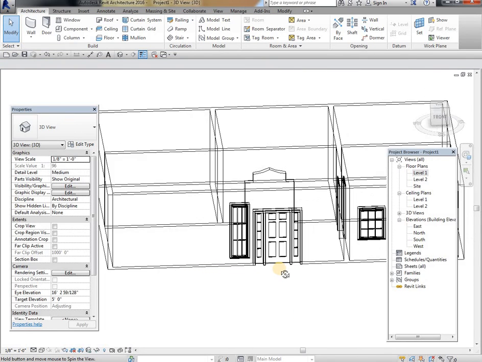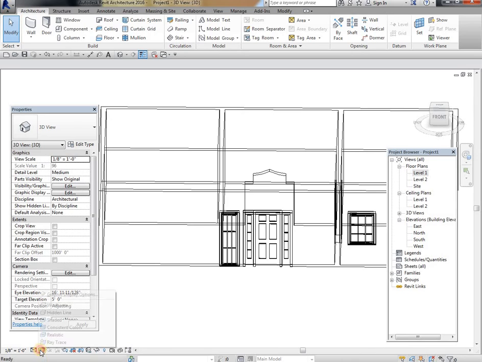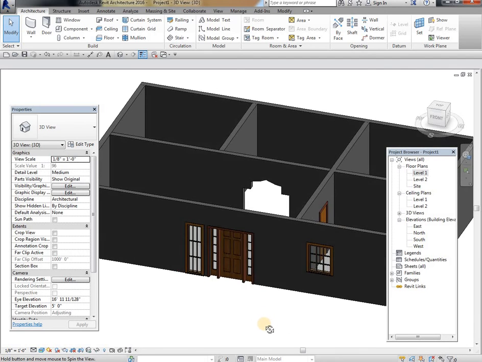Or else I need 0 feet, which means you can edit here 0 feet. Apply. See, I will show you in realistic view. Like this we need to edit. Okay, now this is the editing procedure.